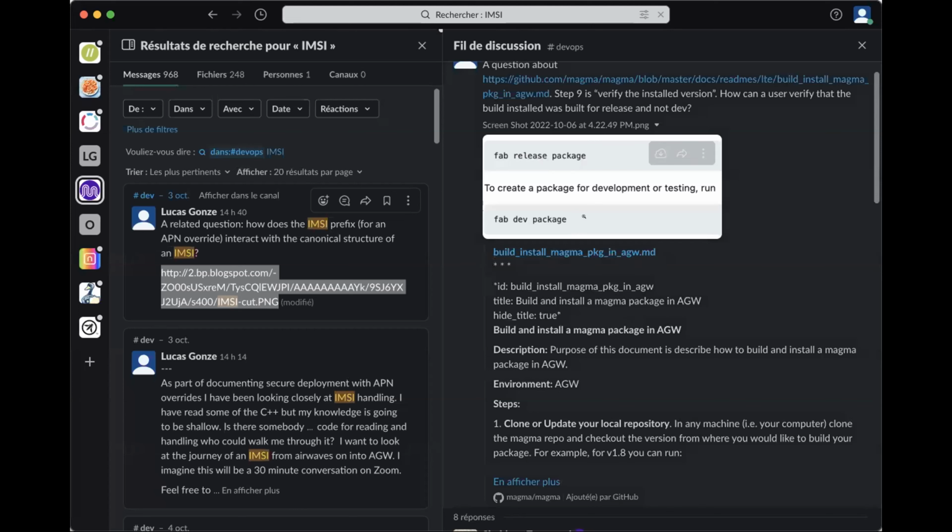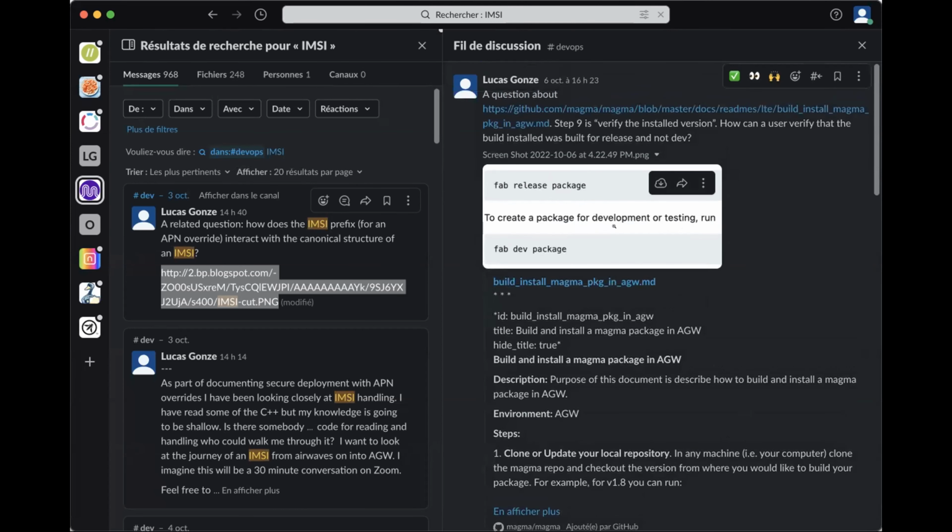The risk that a deployer might put a dev package into the access gateway instead of the production build. And we discussed that a little bit in Magma, and in Slack, and I wanted to seek consensus here on what to do next with that.